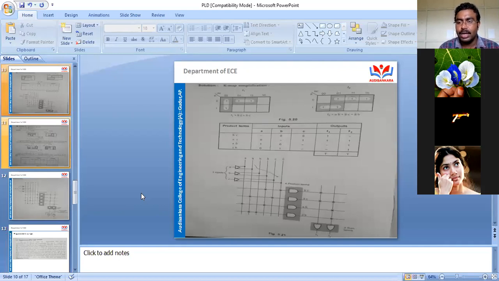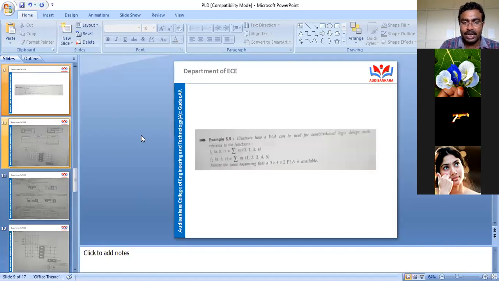Here, look here. They haven't gone for a truth table. They have directly gone for K-map simplification. You can do it like that also, students. That is not at all wrong. You need not go for a truth table. You can directly go for K-map simplification, since they have clearly given what elements you need to consider for K-map simplification of functions F1 and F2.